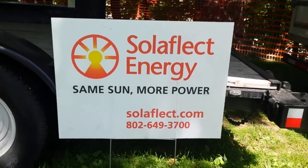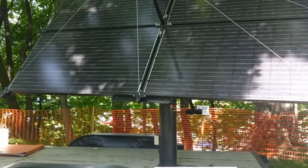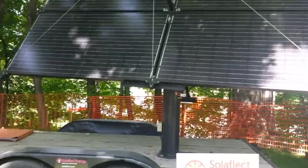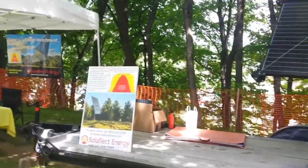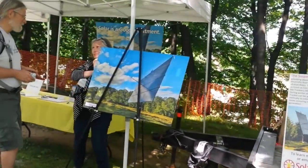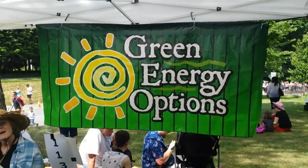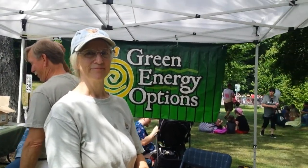There are a number of solar energy providers here at the summit today, each with their own displays. This is Solaflect Energy. Talking to Valerie of Green Energy Options, and she's going to tell us a little bit more about what she does. Well, I just want to say that our business, Green Energy Options, is an outcome of living off the